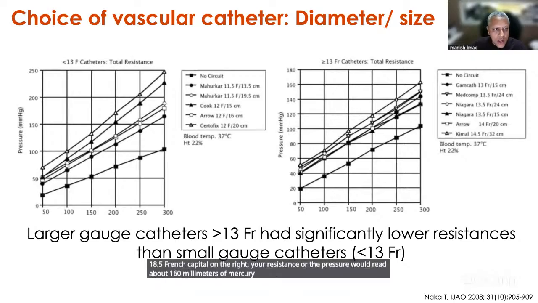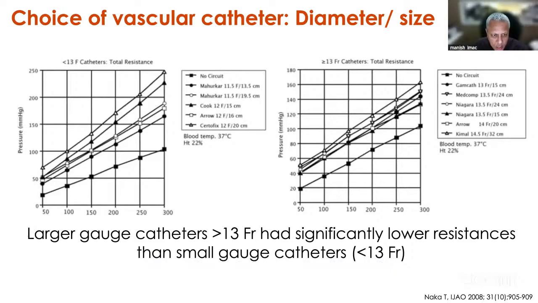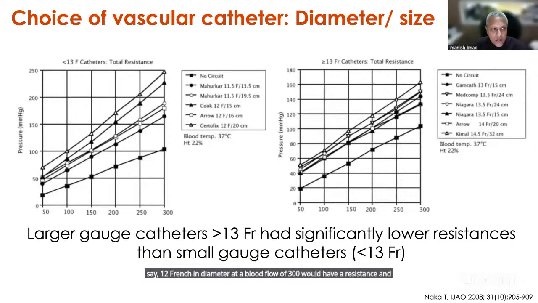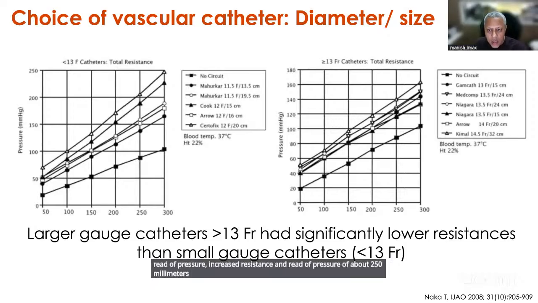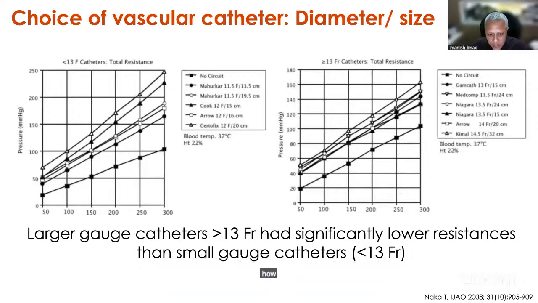But if you use a catheter which is less than 13 French, on your left, say 12 French in diameter, at a blood flow of 300 you would have increased resistance and read a pressure of about 250 millimeters of mercury. So these are studies that demonstrated how changing the size of the catheter will influence the